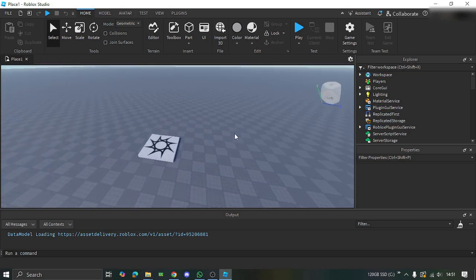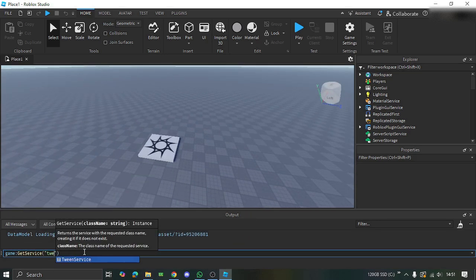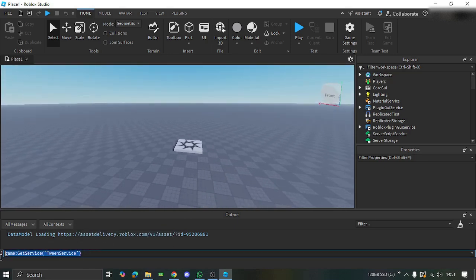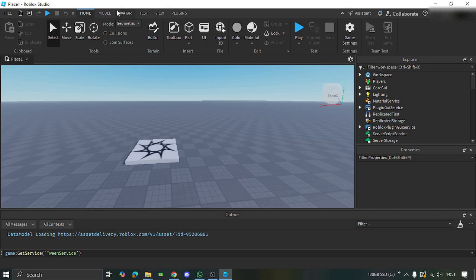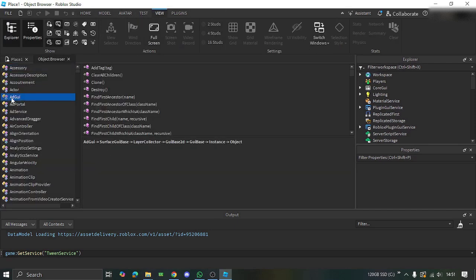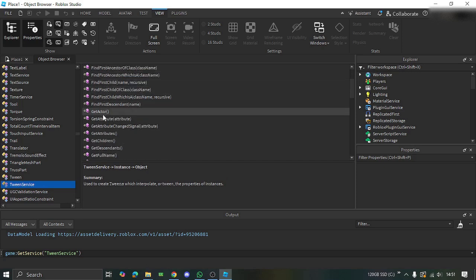We are going to be talking about TweenService. So let's go over what TweenService really is. For one, if we open our object browser and type in TweenService, you can see that there's a bunch of stuff, all the usual stuff you see, but if we go down, we can see that there is actually